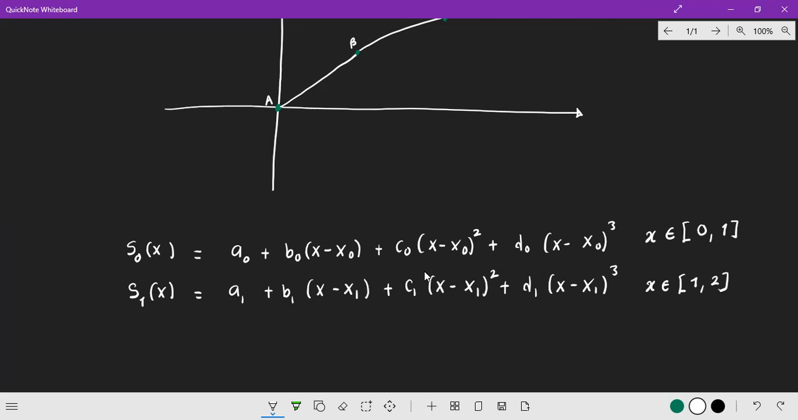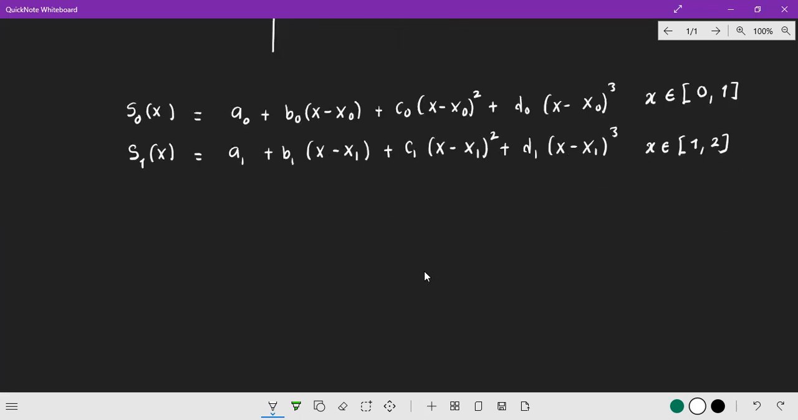Now here is what we do next. The next thing is to find the unknowns, and we have 8 unknowns in this case: A naught, B naught, C naught, D naught, A1, B1, C1, D1, 8 of them. So we need to find 8 equations. All right, so now the first condition is